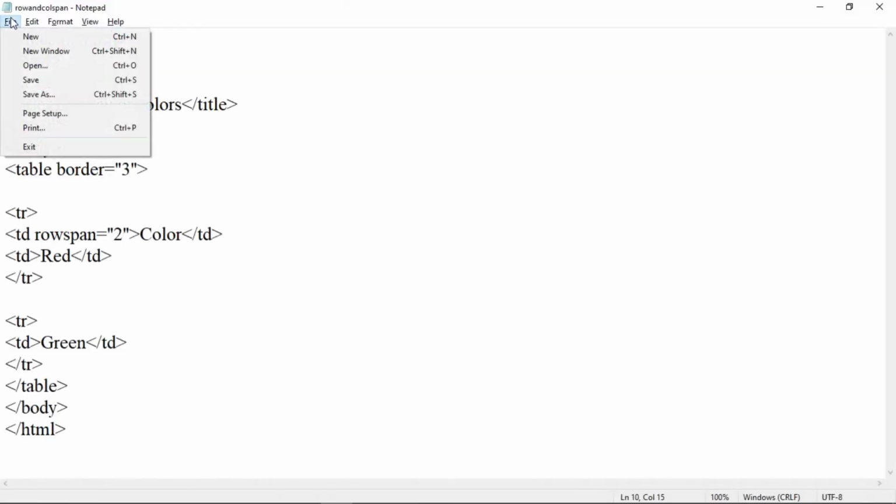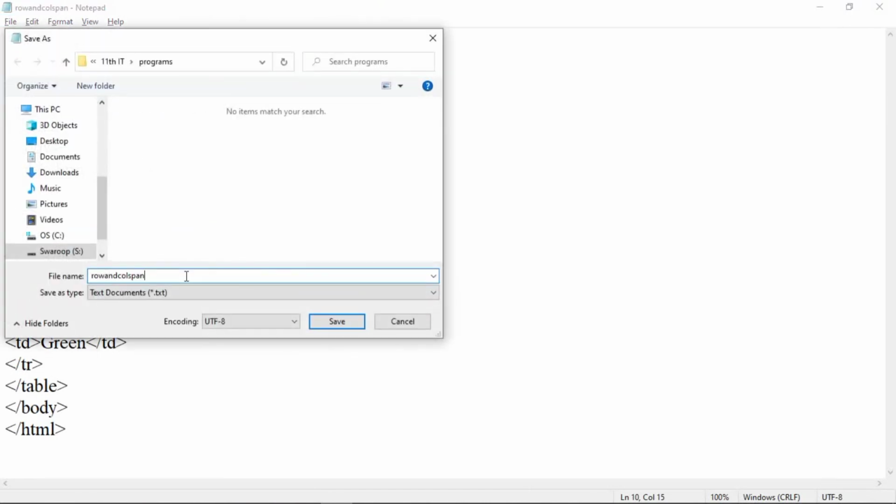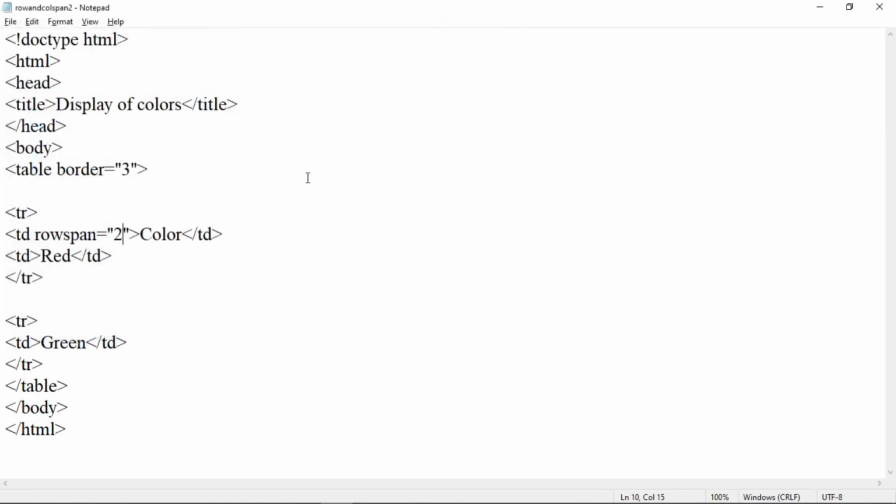So in that case what we have to do, let us copy this program. Save as. Here add a 2, then .html. Now this different file has been created.